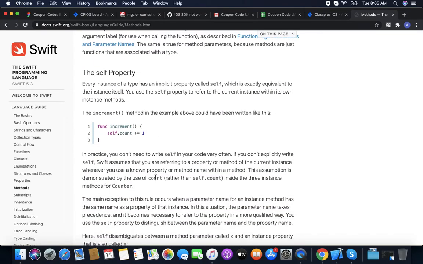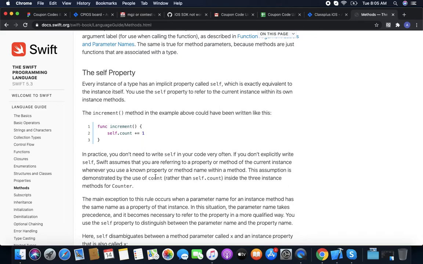We have the self property. Self can be used as the instance within the class. Outside, we need to create an instance of that class, and then we can use the properties and functions. But if we want to use these things within the class, we can just use self.